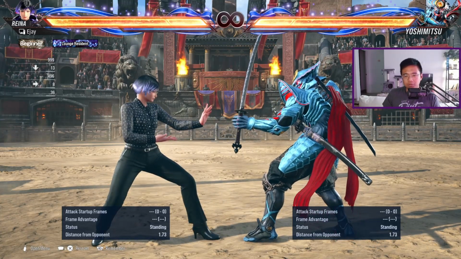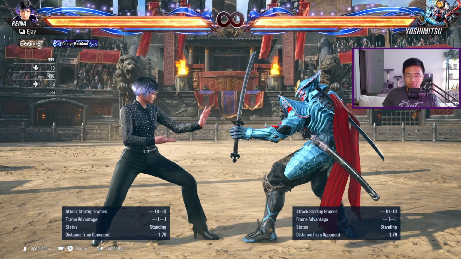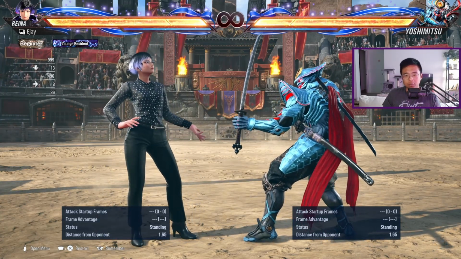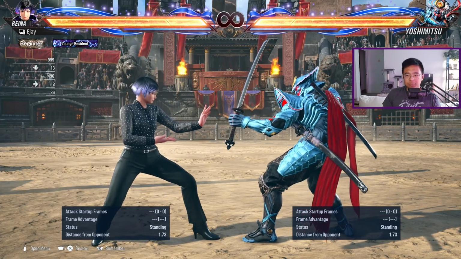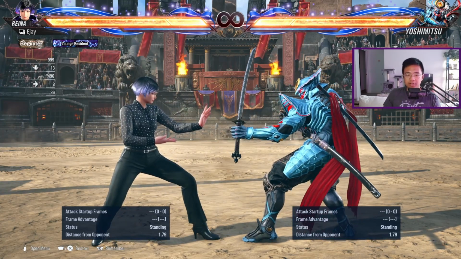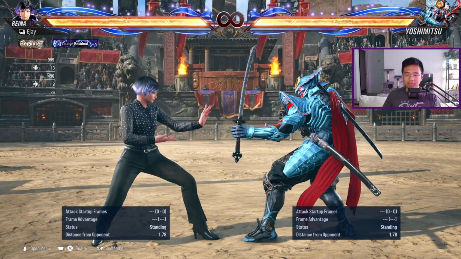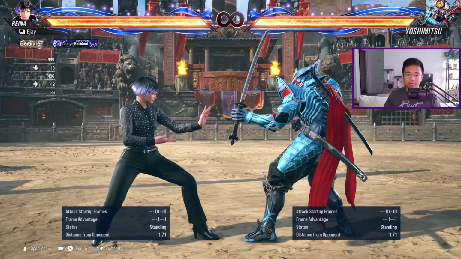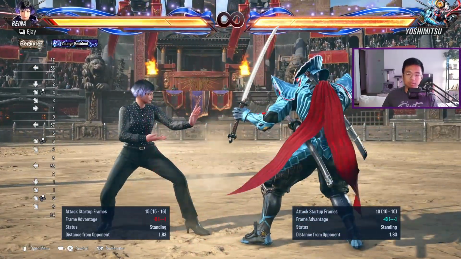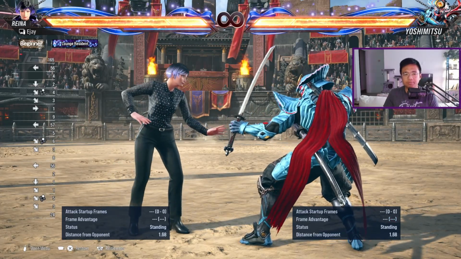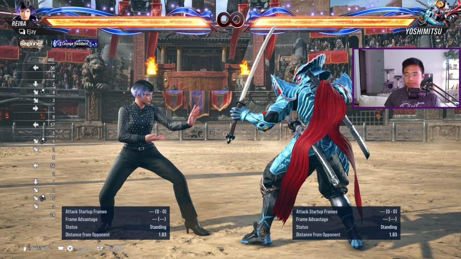Now you should be able to look at a lot of the moves that are giving you trouble, seeing if they're punishable, being -10 and above, and using the corresponding punishments that you see from my block punishment guide. So now you guys should be able to block a move. There's a lot of moves in the game, a lot of strings, and a lot of them are very punishable. And as you can see, if you block something that is punishable, you just get free damage, right? You can get free damage, sometimes you get Oki, sometimes you get heat, a lot of things